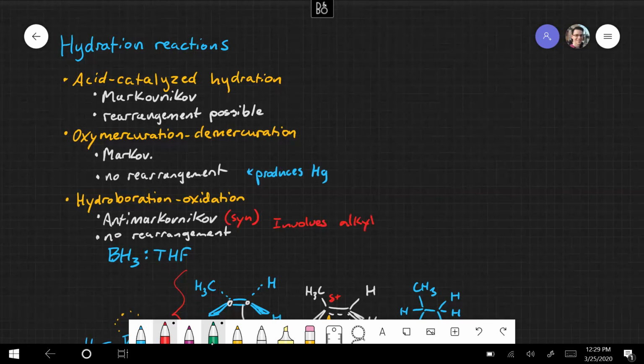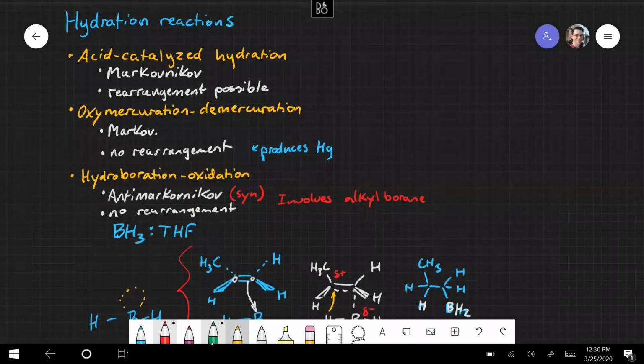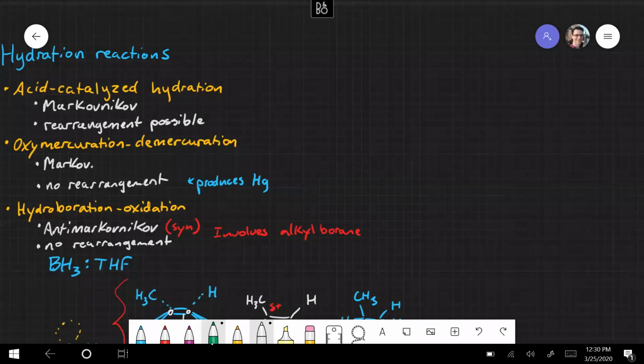Or actually, I shouldn't call it an intermediate. This is a stable molecule, but it involves an alkyl borane product that forms part of the way through. So this is a two-step reaction. I'm just going to quickly write out how we could write this without showing all the mechanism. We could have, say, our propene,